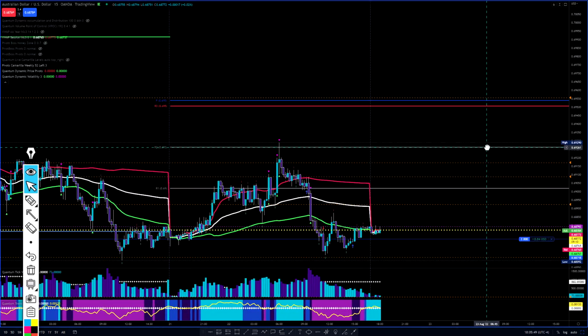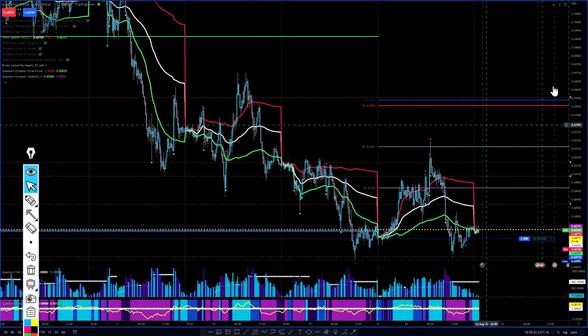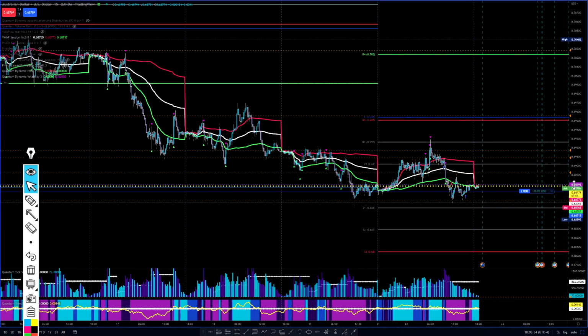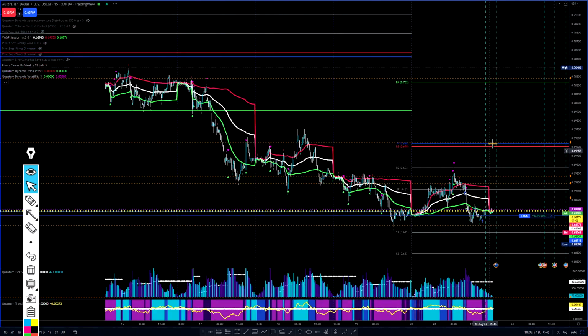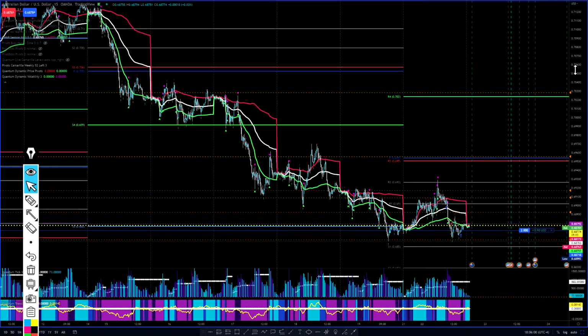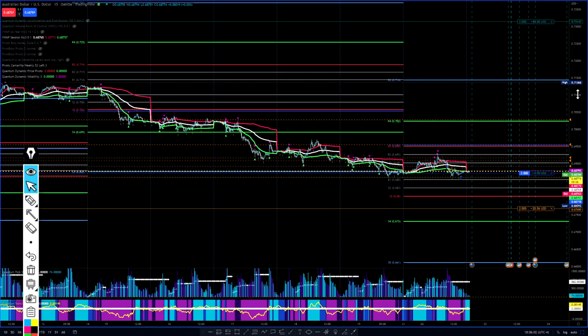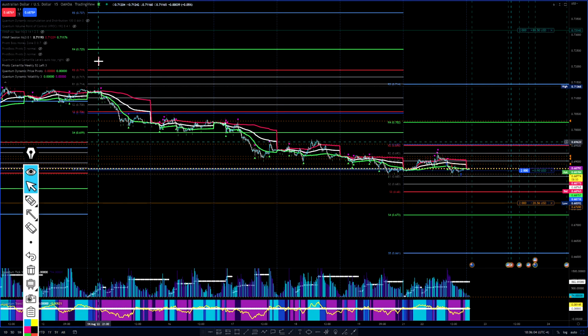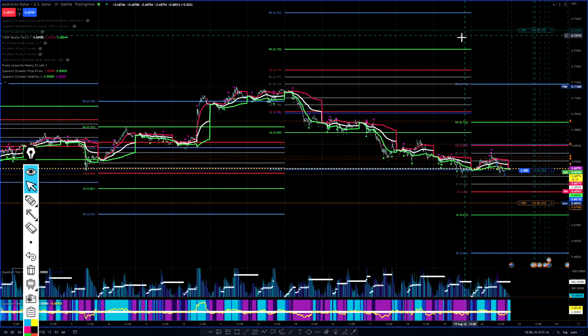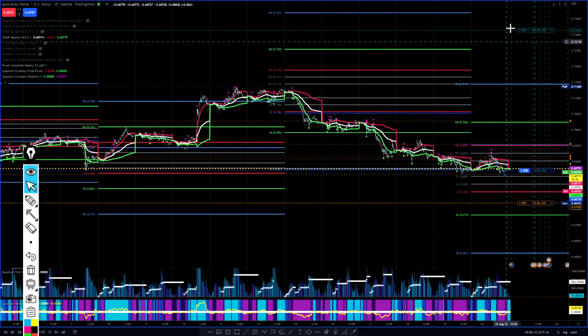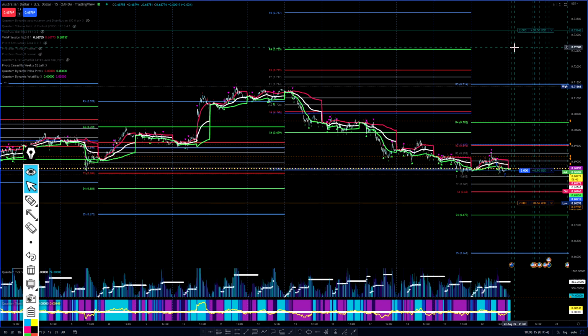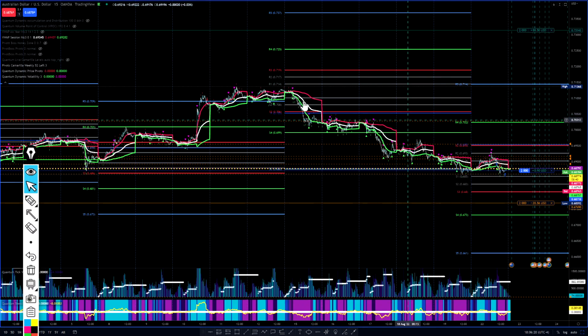Let's see. I have a big target on this though. I'm trying to hold this all week. So let's see. Where is my take profit? Right, so my take profit here, I'm just giving it room to work, right? If this trade keeps working and we even break out these highs right here, and we keep